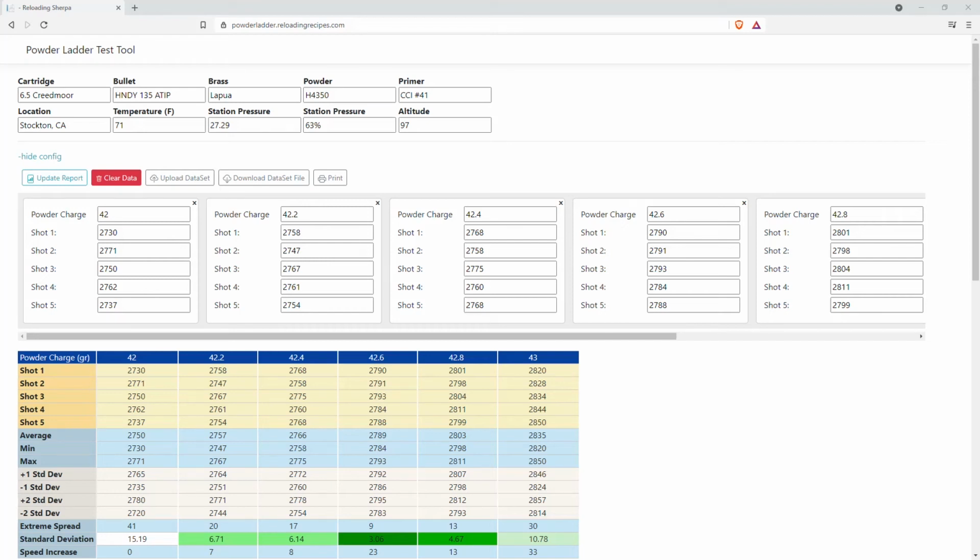Hi, this video is to give you a demonstration slash tutorial on how to use this web-based powder ladder test